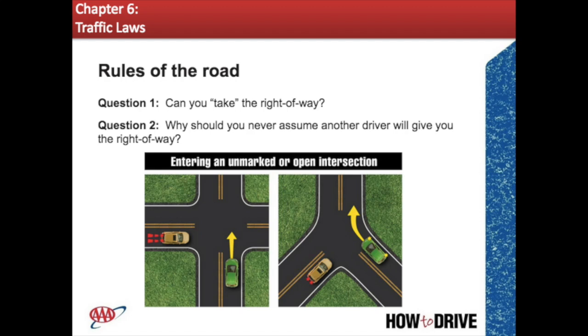So you need to know that a driver can never take the right-of-way. It is always given by one driver to another. Drivers cannot assume that another driver will yield the right-of-way to them. A study of 40,000 drivers at intersections controlled by stop signs revealed that 2/3 of drivers failed to stop. So instead of assuming that other drivers will automatically yield the right-of-way to you, you should pay careful attention to the other driver's intentions and their actions.